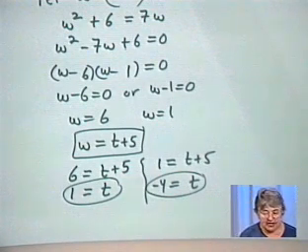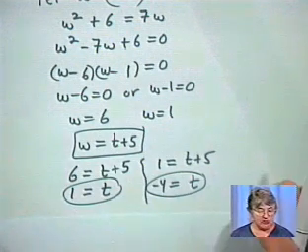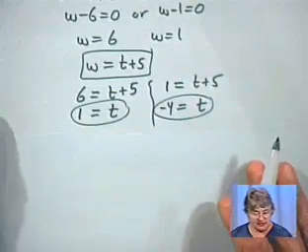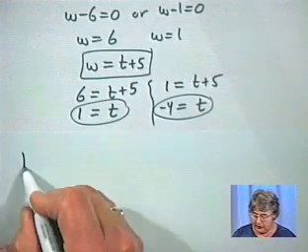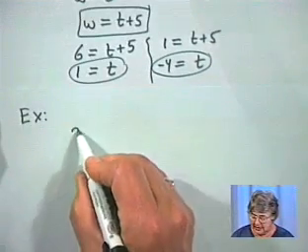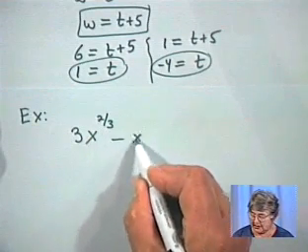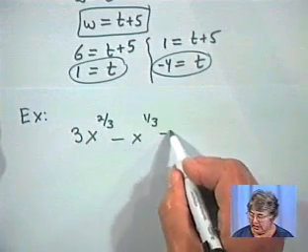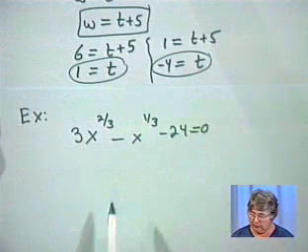We've seen two different kinds of equations that we can make into quadratic equations. Let's consider something that doesn't look like a quadratic, but we'll be working with some powers. Let's say 3x to the 2/3 power minus x to the 1/3 power minus 24 equals 0. Well, you might notice that if I